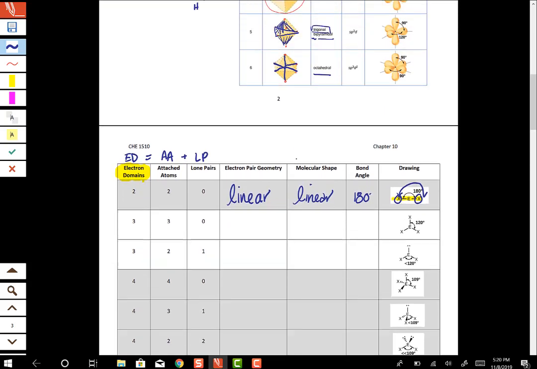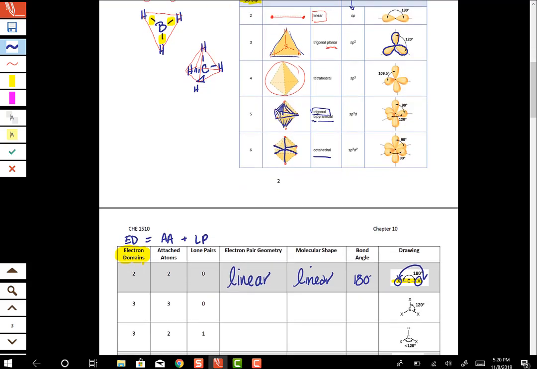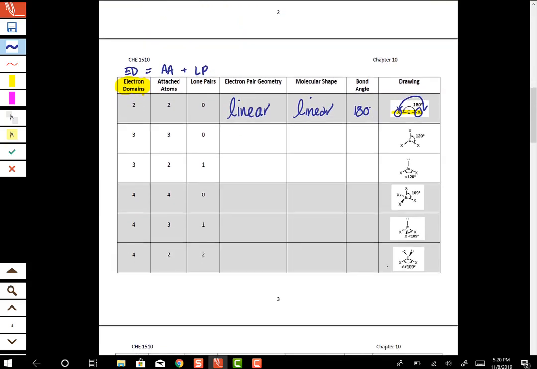And if we scooch back up really quick and look, see how this one was making something that looked like a triangle. Here is what it looks like if we arrange the orbitals in this fashion. And so you can see how it looks like it's making a triangle. They're all in the same plane. So we call this electron pair geometry trigonal planar. And the shape will be the same. So don't get freaked out yet. We're about to talk about the difference between shape